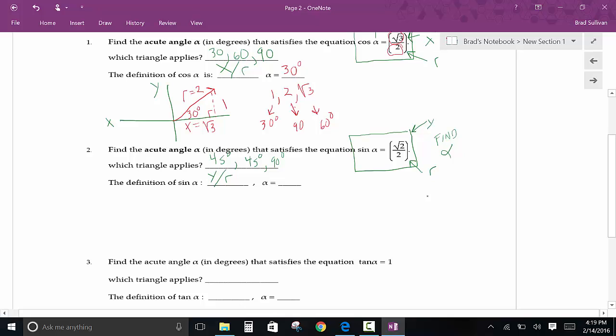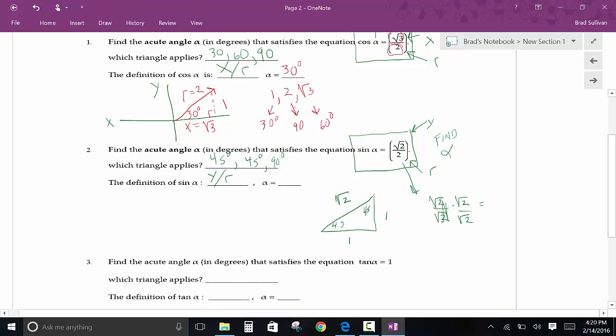Now, one of the things you'll notice on this is if you were to look at the special triangle that we learned, if you have a 45-45 right triangle, the sides went 1, 1, square root of 2. Okay? So the thing is, this doesn't really match up with what we have. Now, there's another thing that you can do on this if you want to: you could just take this expression right here and rationalize the numerator, and that would make it match up with this triangle a little bit better. So what I'm going to do is multiply by square root of 2 over square root of 2, and that's going to give,